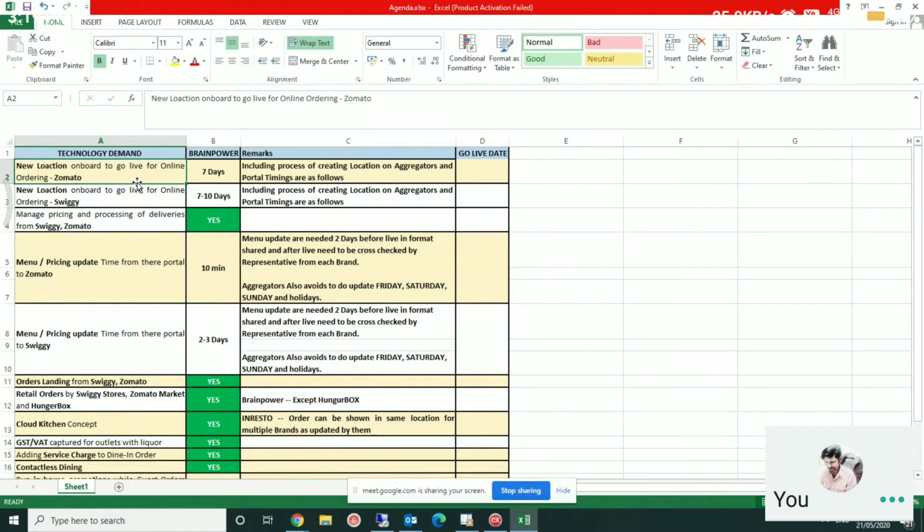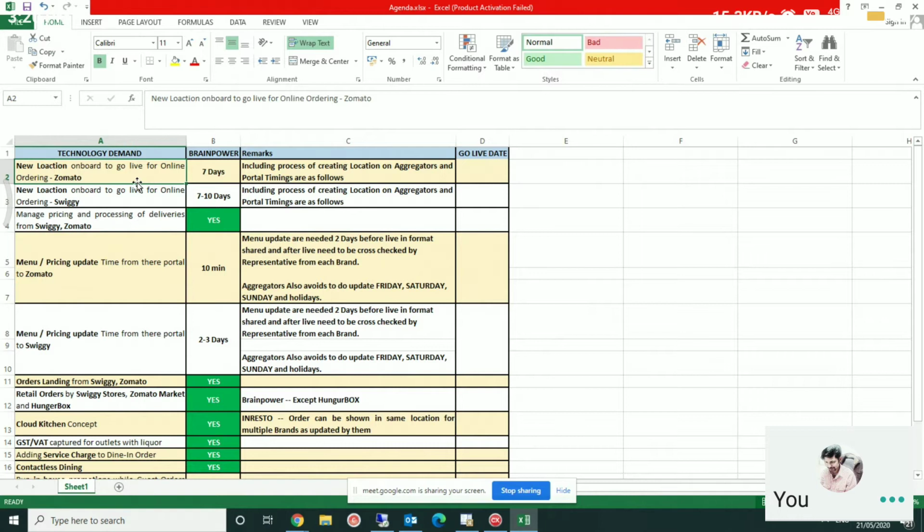When the listing is done, Zomato and Swiggy both give you the restaurant code. Swiggy will give an independent restaurant code, and Zomato will give an independent restaurant code. When the integration has to be taken on board, we create that restaurant's details in our ERP system. Suppose Mama Goto's new location is going live in Mumbai, say Bandra. Mama Goto Bandra has to be listed on the Swiggy and Zomato portals.